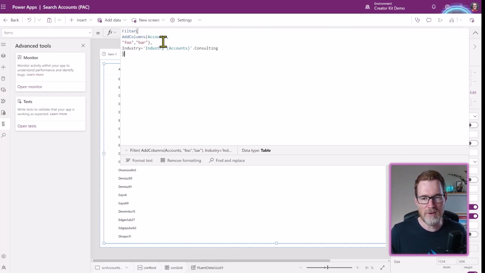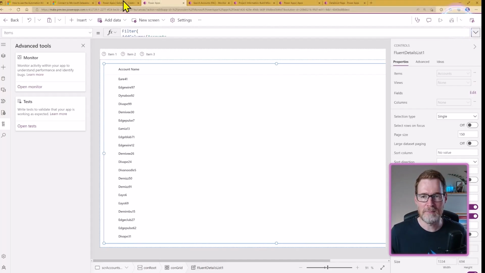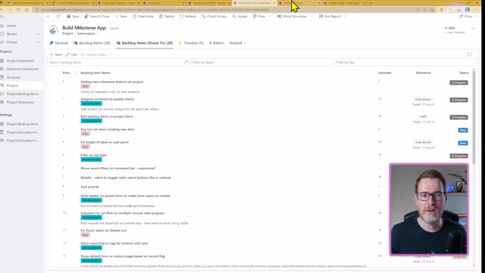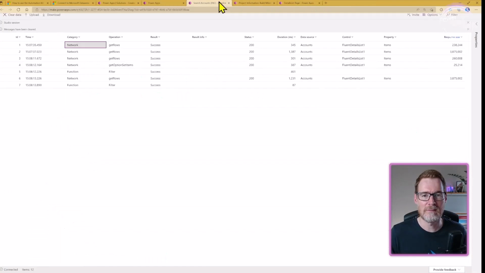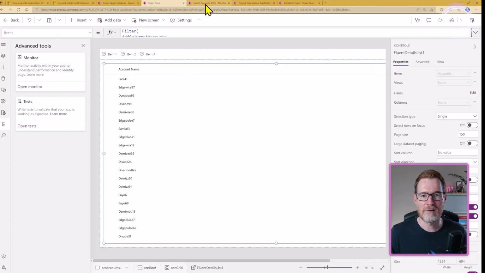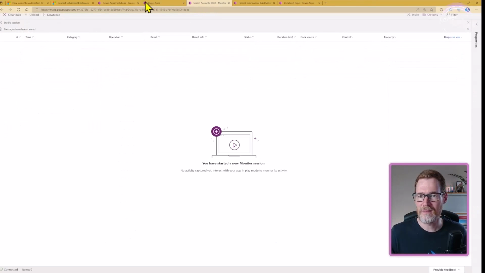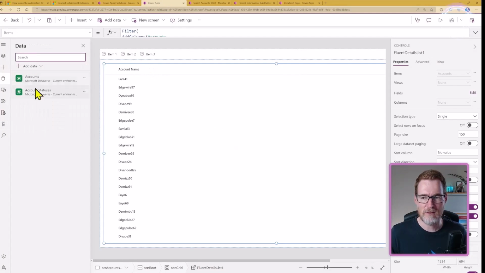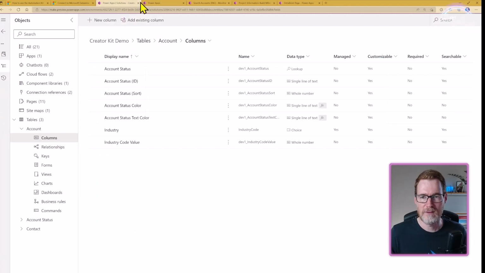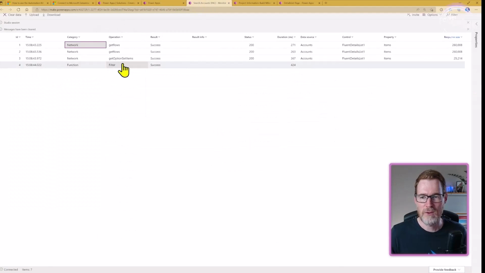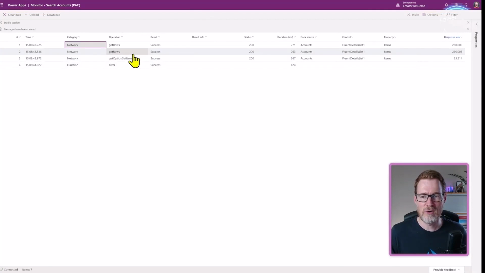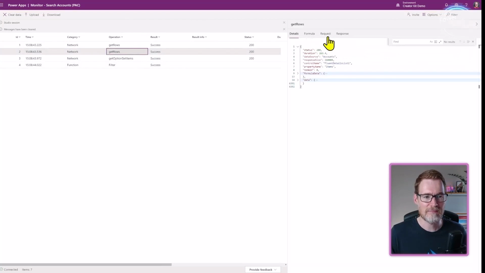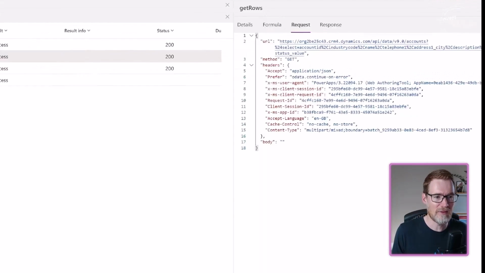So I'm going to now go back and clear my monitor, which I keep losing. Where is it gone? There it is. But it's right next to it. And let's clear that there. And let's just go and refresh this like that. And go back to our monitor. What you can see here is we've got a call to get rows. And if we look at the request that it's being called here,